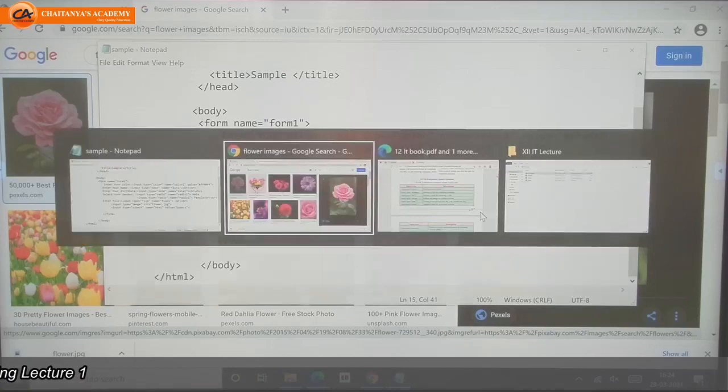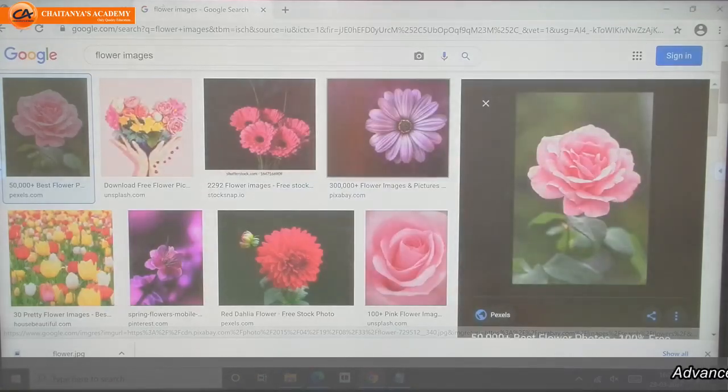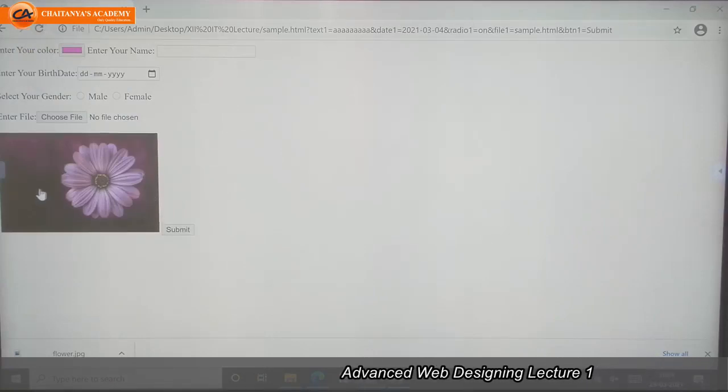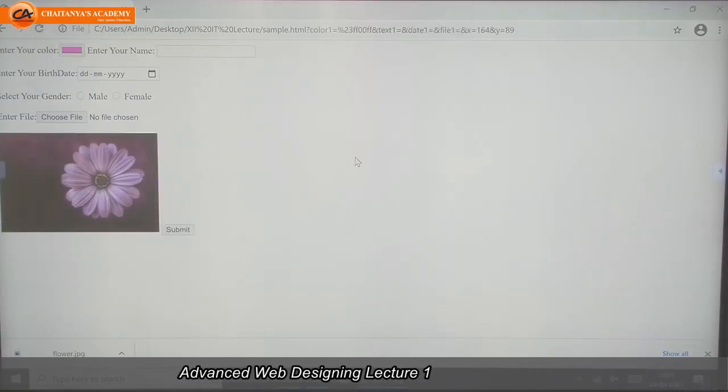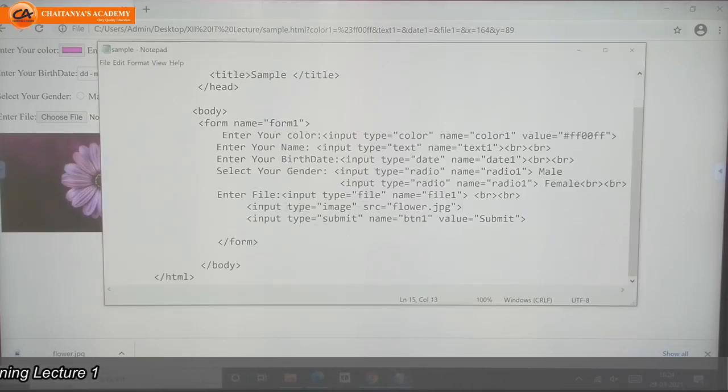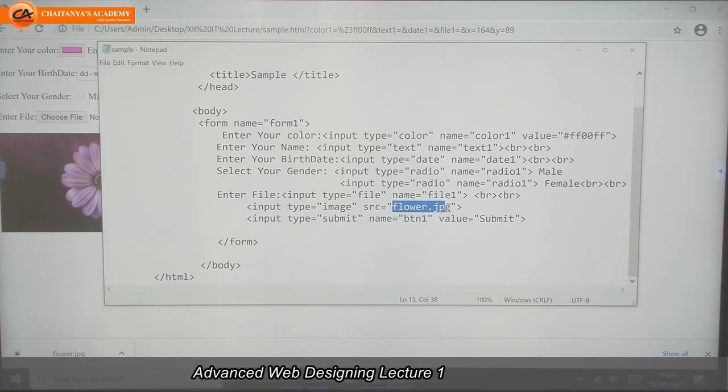Let's check whatever output we are getting. See, I got the image. What I wrote for that: just input type is equal to image, source means src equal to the name of the file path.